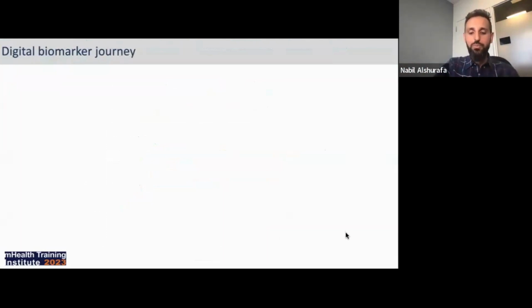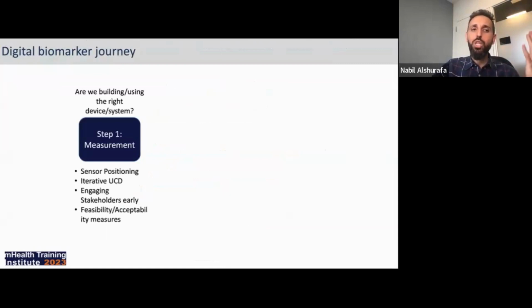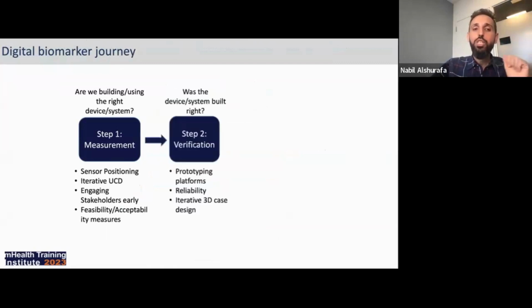All right. So just to summarize, we looked here at whether we are building the right system: measurement, sensor positioning, iterative user-centered design, engaging stakeholders early, feasibility, and acceptability measures. Was the device or system built right?